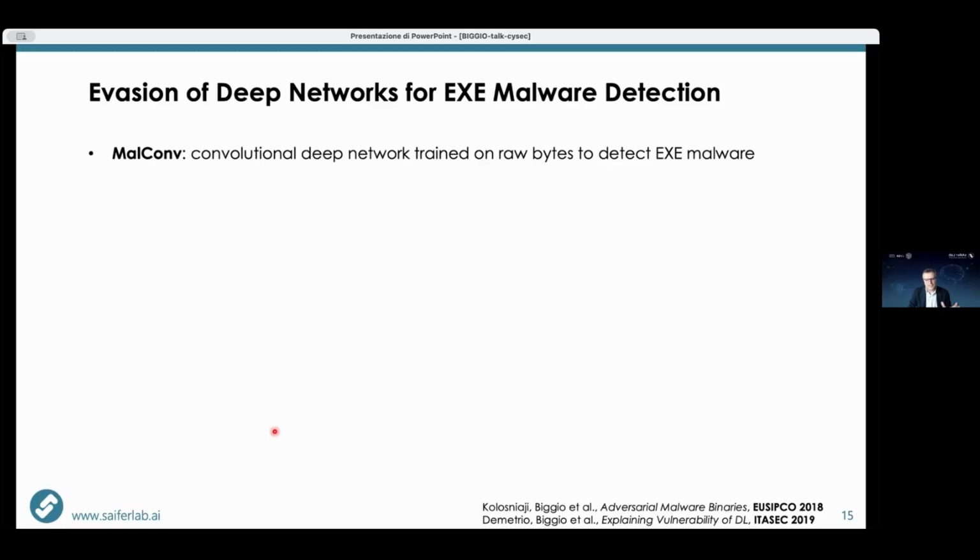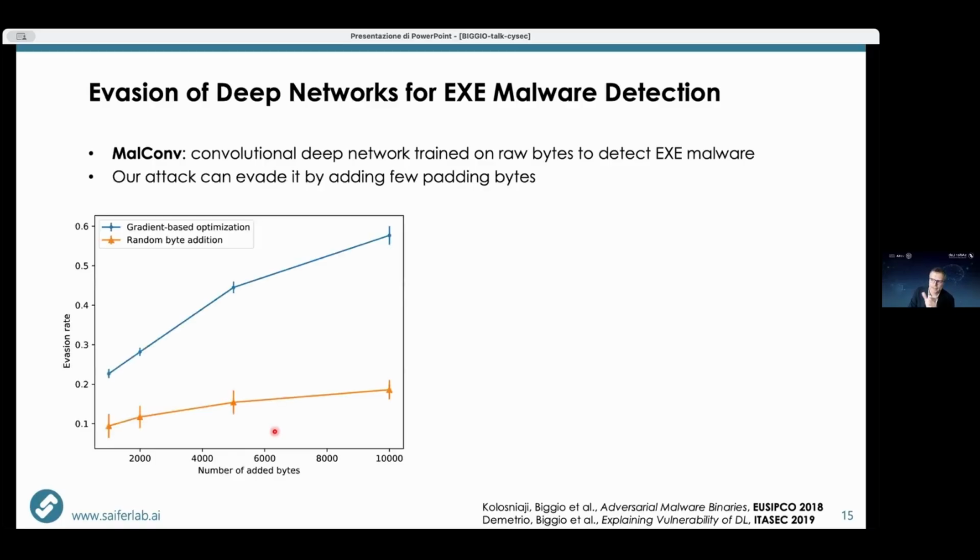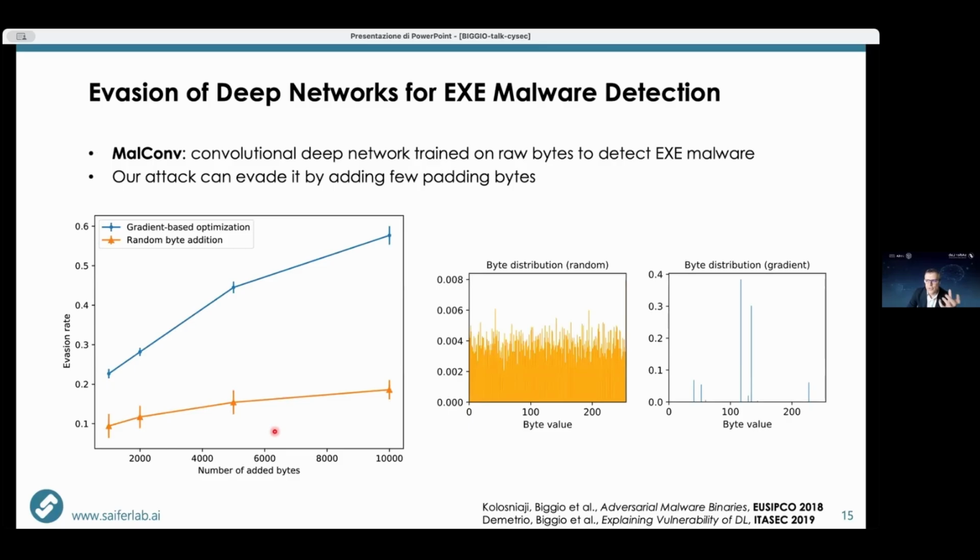In the very first instance, we just added padding bytes at the end of the file. And you can do that without compromising the functionality at all. And it's also not so trivial to strip those bytes by easy detection mechanisms. So there's no trivial way to prevent this, yet you can add padding bytes at the end, and this can be surprisingly effective in bypassing detection, especially, of course, when you optimize this by looking at the gradients of the network. So again, gradient-based attacks here were surprisingly functional and effective against this model.